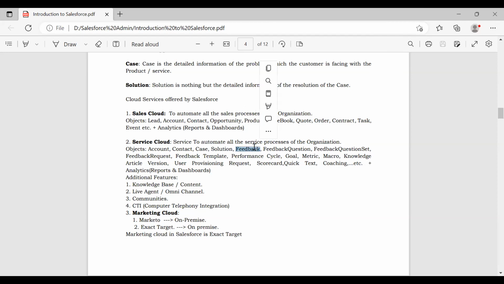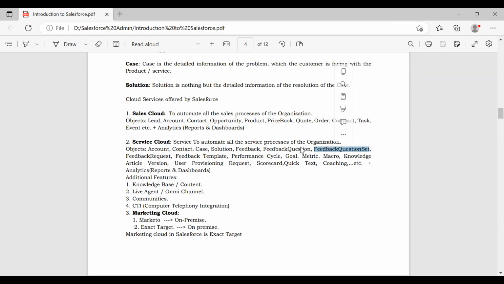To store that feedback, they are giving a feedback object, feedback question set. What does that feedback contain? It contains some questions, like: how was the service? How was the service technician? Are you satisfied with the service? They provide feedback related questions.